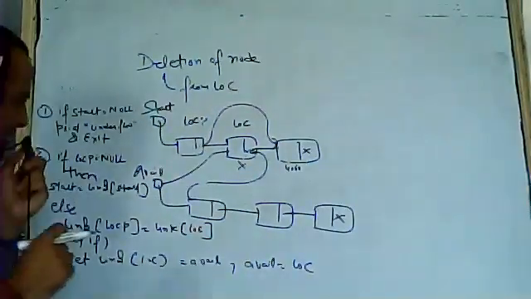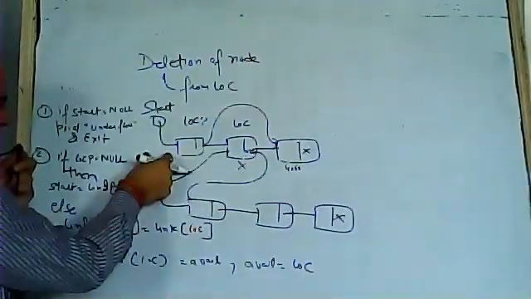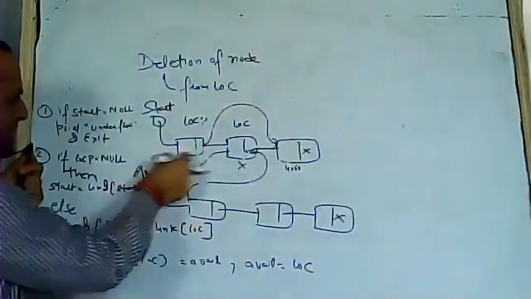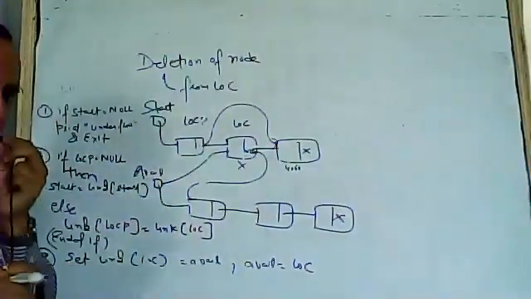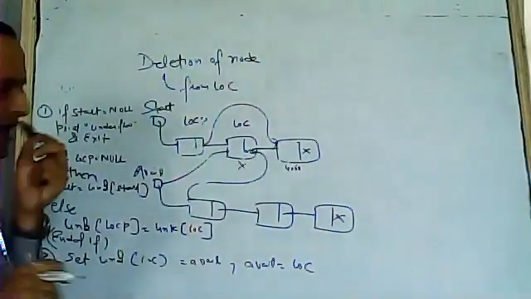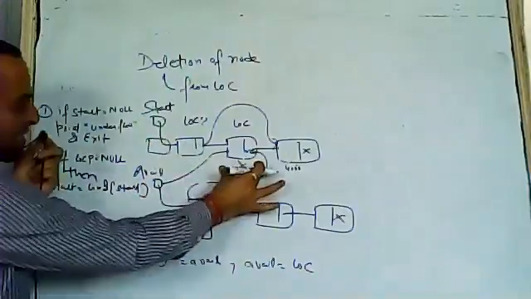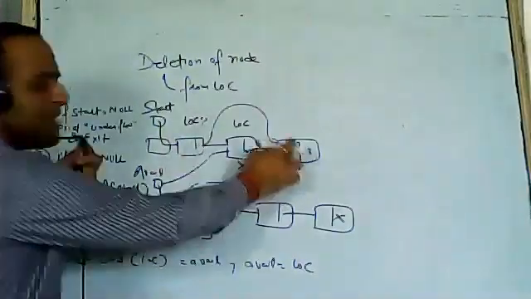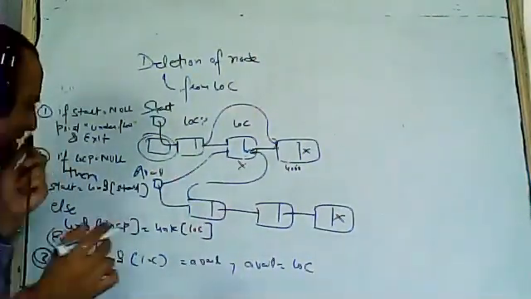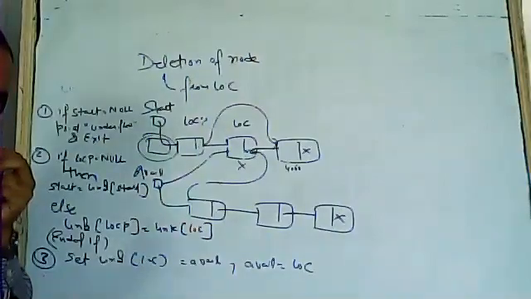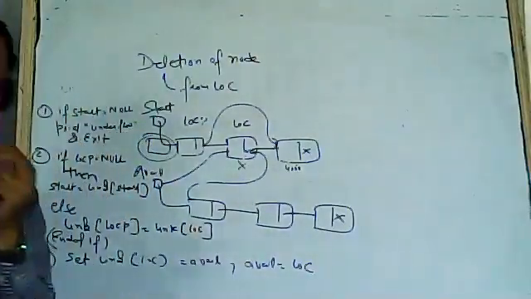Excuse me sir, if there are two nodes before log, would the same procedure work? You mean to say there is one node here also, but it will not make any difference. Because if this node gets deleted, this node is going to point to the next node. How would this other node matter to me? Suppose there is one node here also. If this node gets deleted, this node is going to point to the next node. How would it be concerned with this node? Any more questions? Should I move?